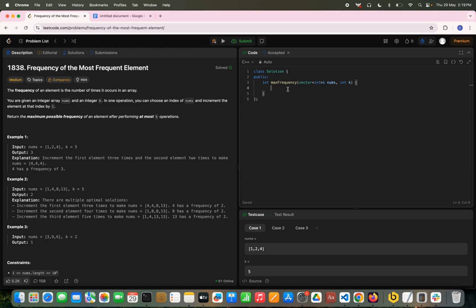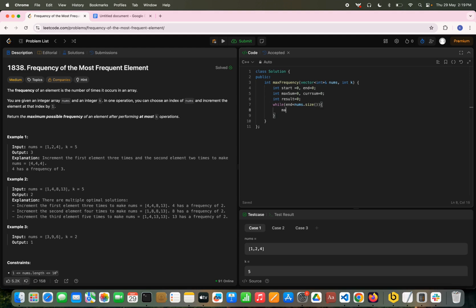Okay, so we'll start by declaring our variables. We'll declare our pointer variables first, our start and end. Then we'll declare our max sum and our current sum. Then we'll also declare our result value. We'll initialize all these values to 0. Now our loop will run from 0 until the length of the array, or the size of the vector,